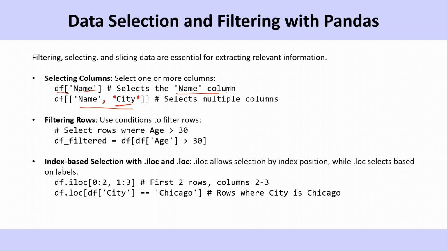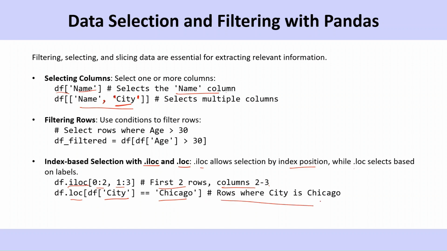And then we have index-based selections with iloc and loc. iloc allows selection by index positions, while loc selects based on labels. So if we use iloc, from this to this, the first 2 rows and the columns 2 to 3 are selected. And with loc, if we use the column name and the value inside it, it selects the rows where